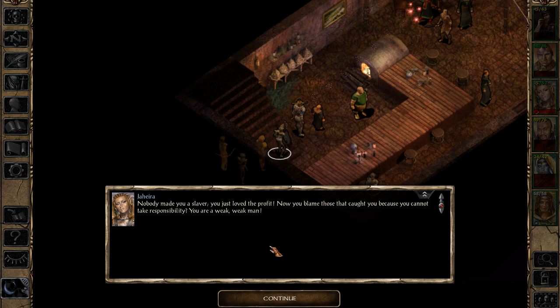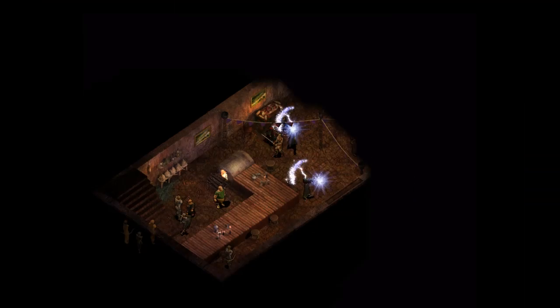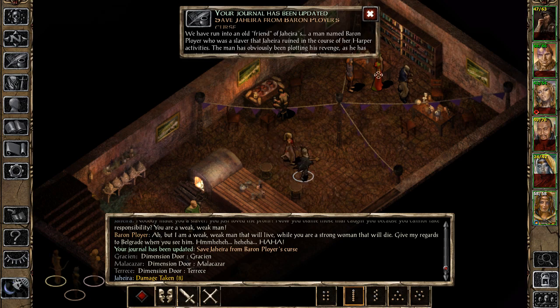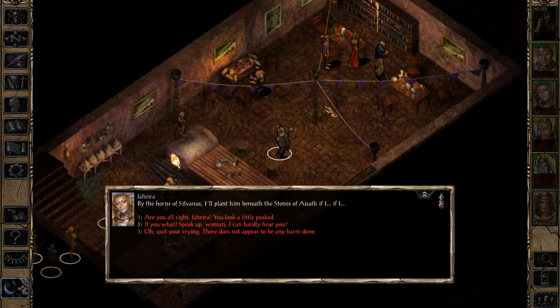Nobody made you a slaver, you just loved the profit. Now you blame those that caught you because you cannot take responsibility? You are a weak, weak man. Ah, but I am a weak, weak man that will live, while you are a strong woman that will die. Give my regards to Belgrade when you see him. Well then. By the horns of Sylvanus, I'll plant them beneath the stones of ice if I...